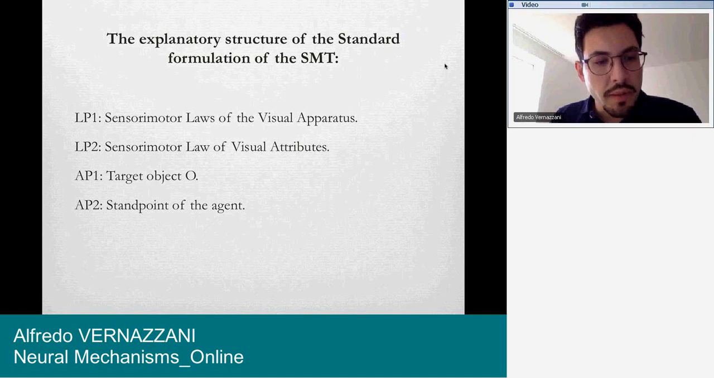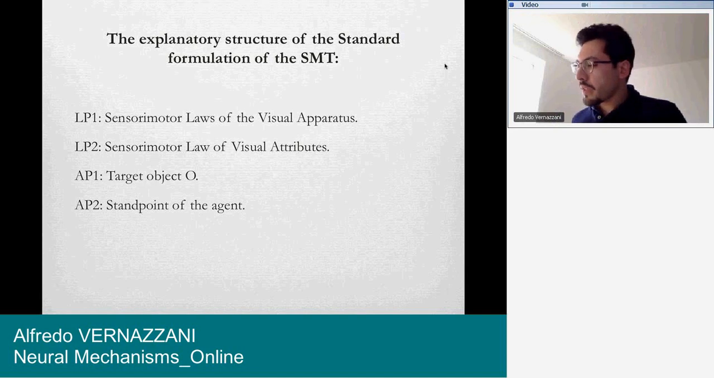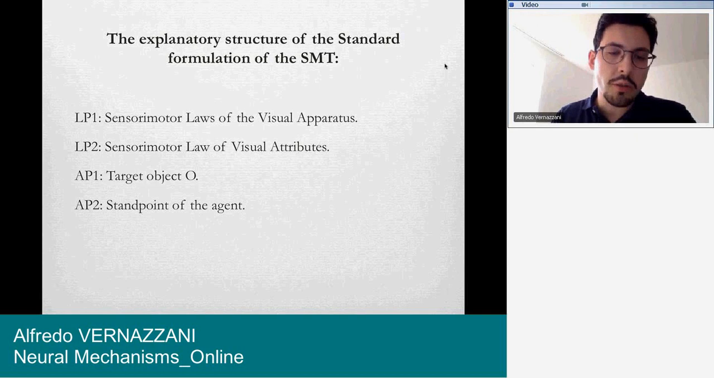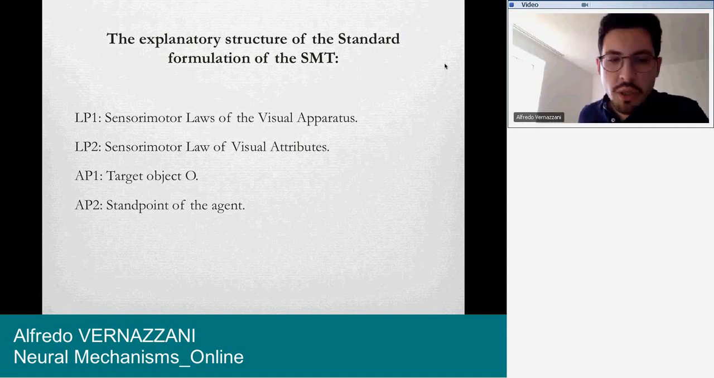Now, regarding the first antecedent condition premise, target object O, the defenders of the sensorimotor theory endorse a form of disjunctivism in philosophy of perception. Disjunctivism is, roughly speaking, the claim that when we are in a genuine perceptual state, we're not in the same mental state as when we hallucinate an object. Now, this claim, antecedent condition number 1, target object O, basically is an expression of the fact that there must be an outside object in order to trigger our mental state of seeing that object. The second premise is